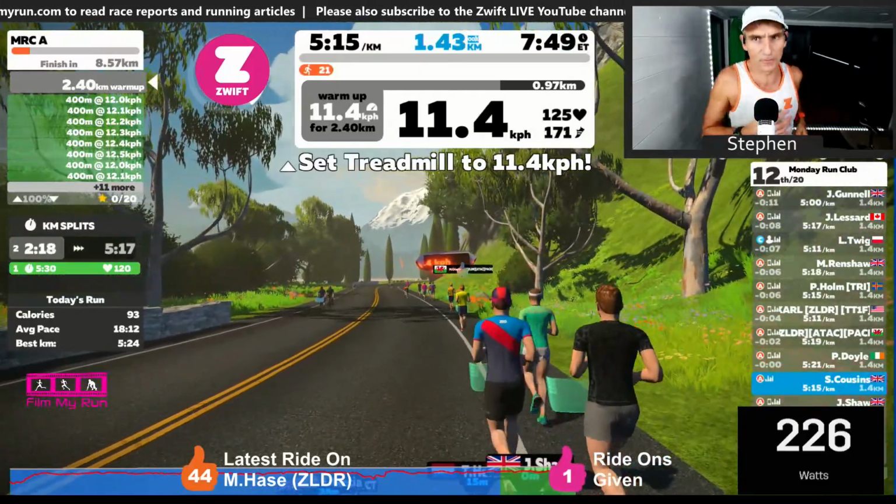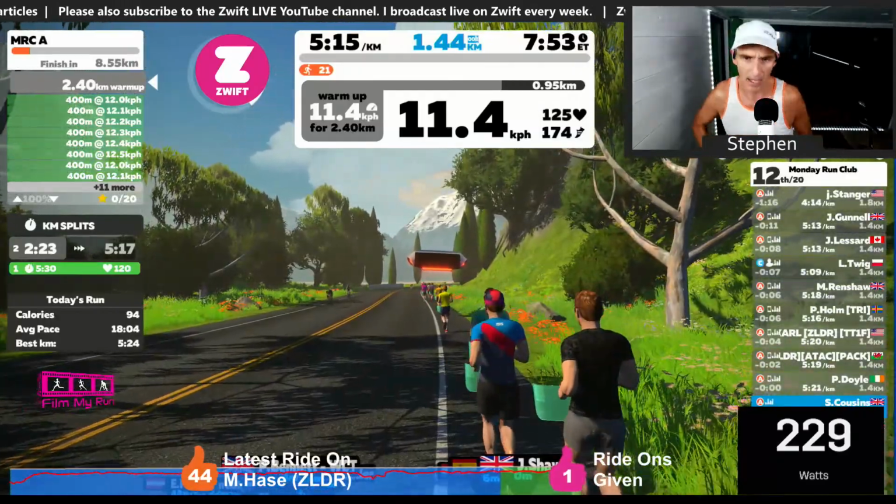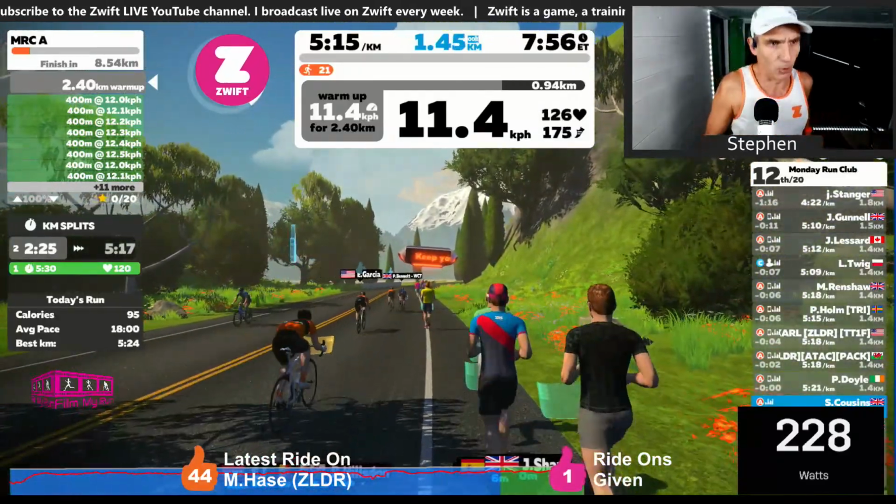So up to 11.4 now, heart rate 125, so not too bad, nice and comfortable. A lot less stress than yesterday morning.